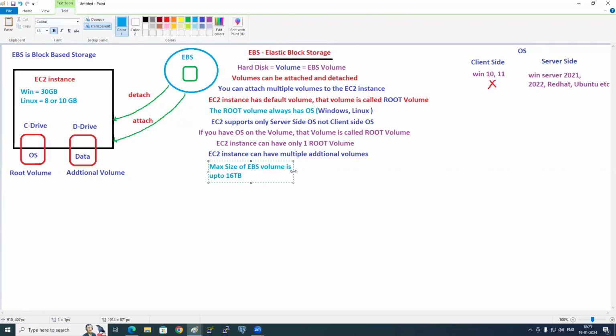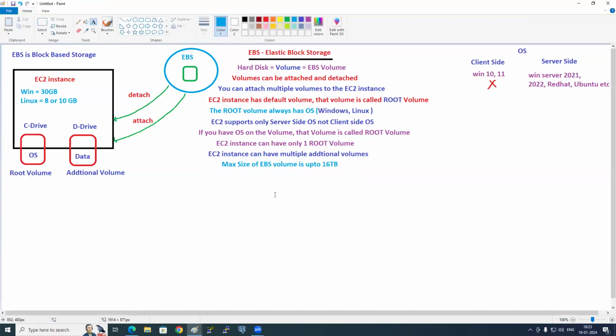And the volume should be pre-provisioned, correct? The meaning of pre-provision here is that pre-provision means however much you want, you need to go and create it and attach it. Let's say, for example, you have an EC2 instance with a C drive only, but you want a D drive now. For example, 100 GB. So you need to go and create a volume of 100 GB. That is called pre-provisioning. It does not come by default. However much size you want, you need to go and select it. But maximum, how much can you create? 16 terabyte.